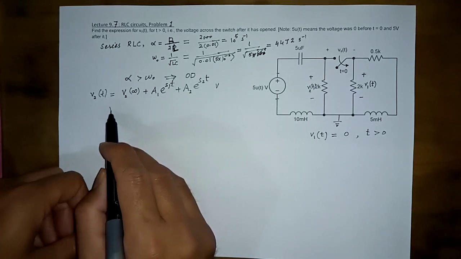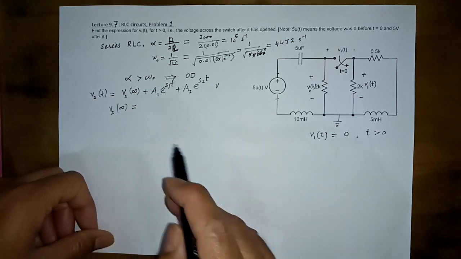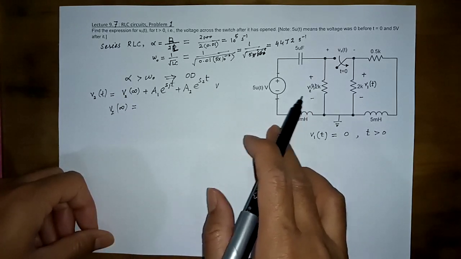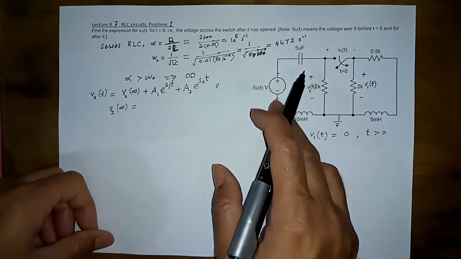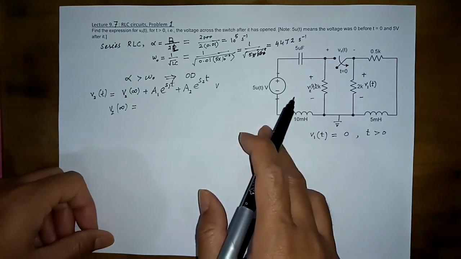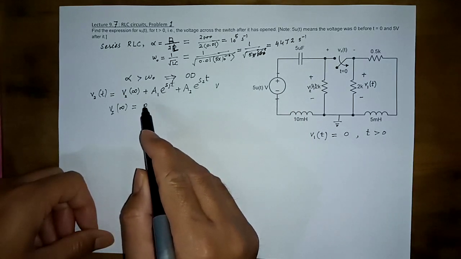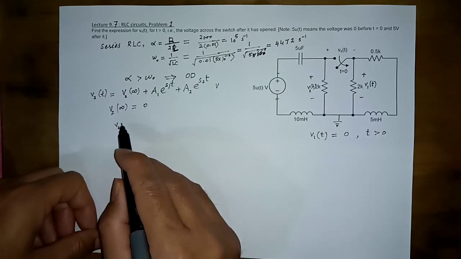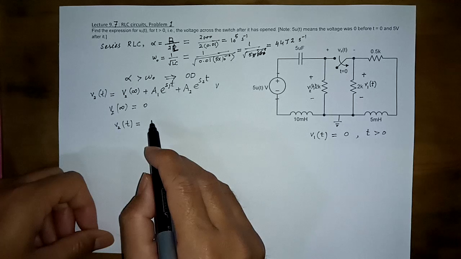So what is the V2 at infinity? The voltage across the resistor when a long time has passed. When a long time has passed, the capacitor is going to open up. So when this opens up, no current is going to flow and no voltage is going to appear here. So this is 0. So therefore V2(t) is A1